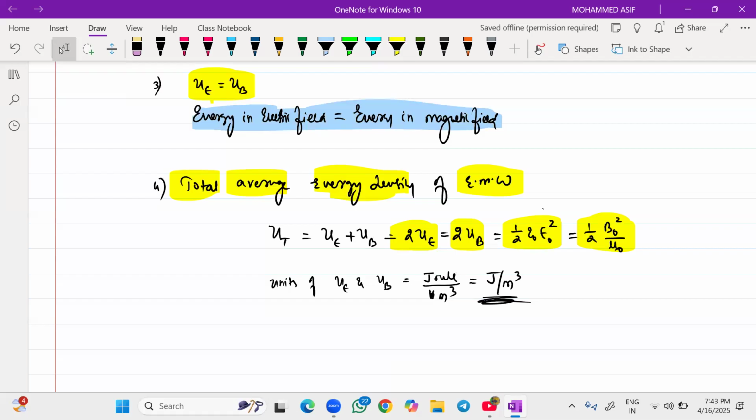1 by 4 pi epsilon naught value is 9 into 10 to the power of 9. Mu naught value is